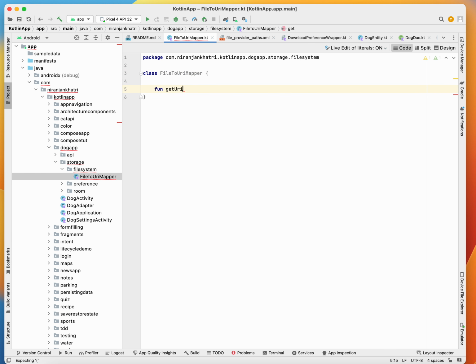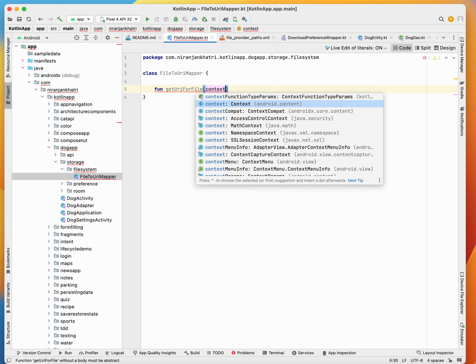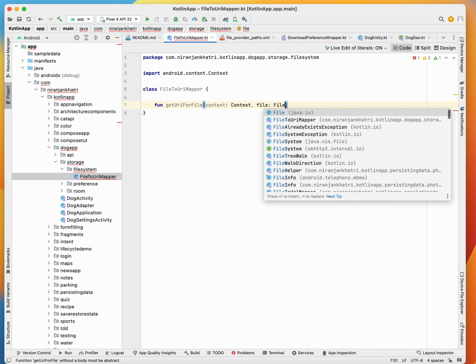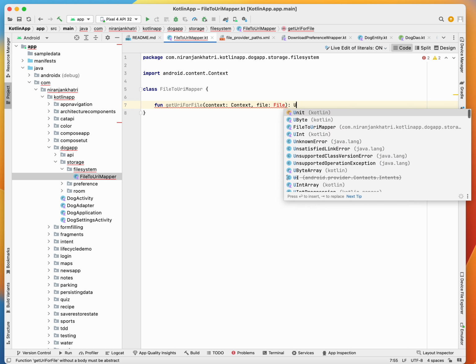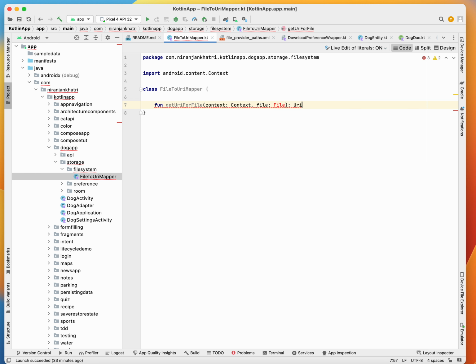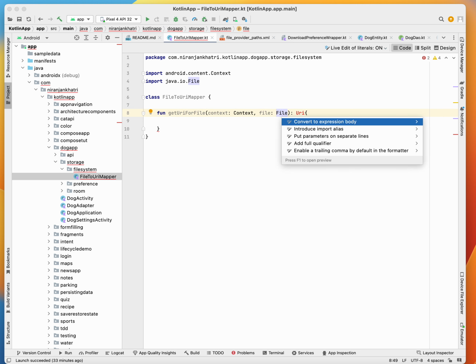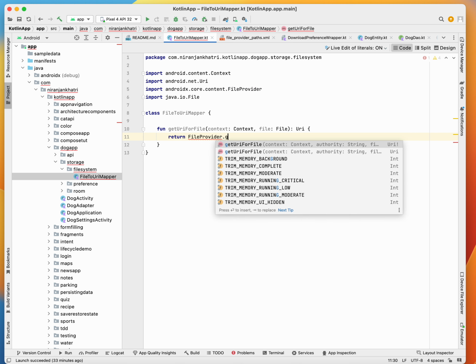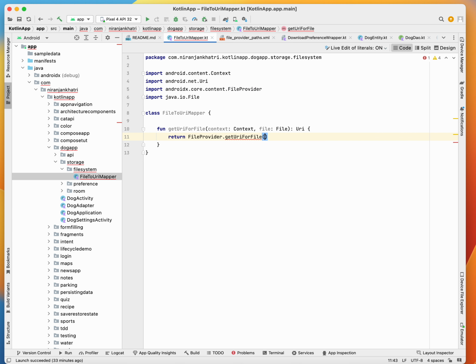Function getUriForFile. We need a context, then a file, and it returns a URI. Let's add the imports. Okay, so we return our FileProvider.getUriForFile with the context, and you pass your